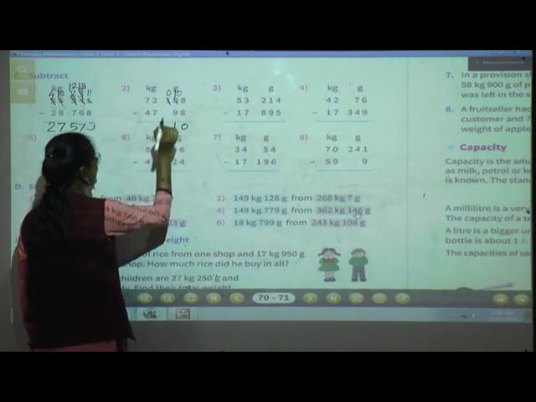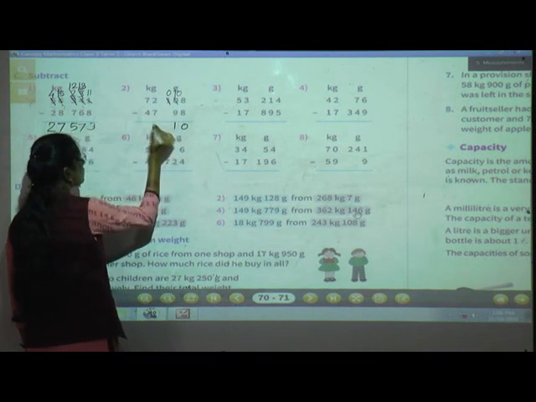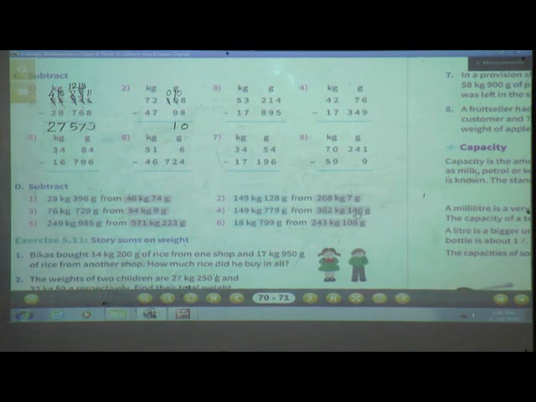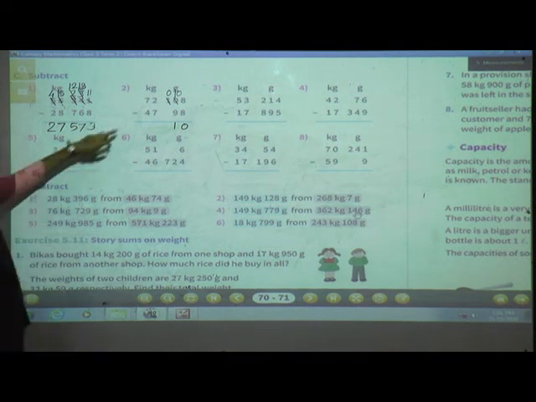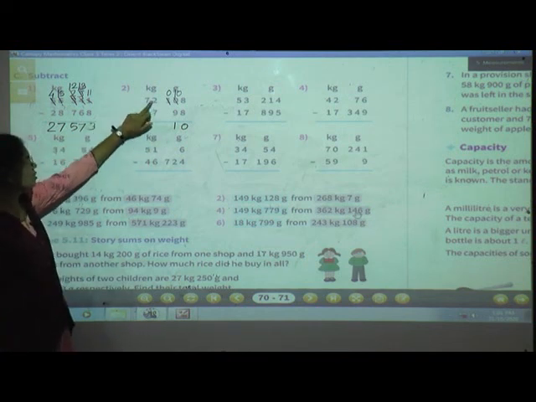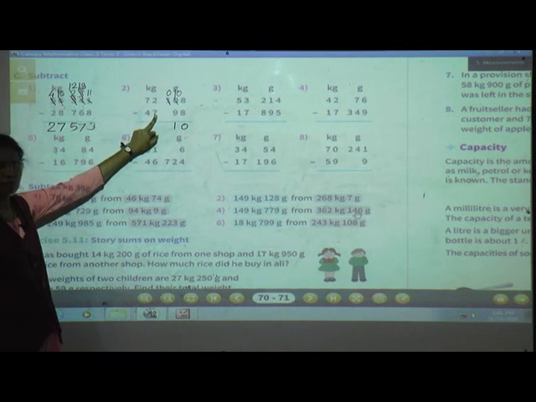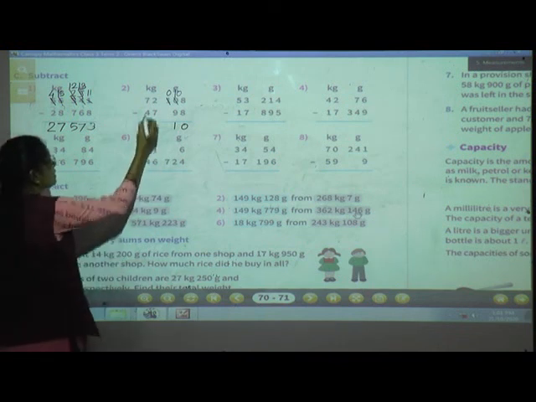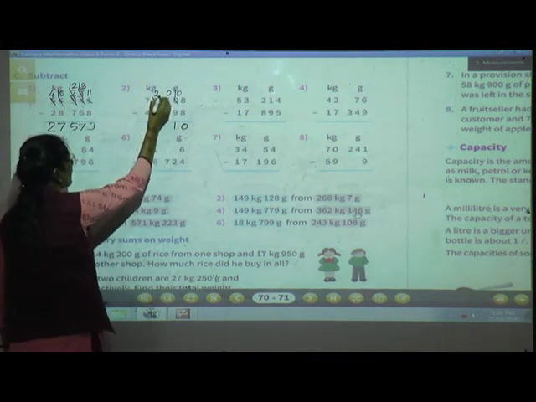So here we'll write 1 and here only 0 is there, so no need to write 0. Okay. So we'll move to the kilograms column. Now in kilograms, here in the first number 2 is there and here 7 is there. So 2 minus 7. Can you do 2 minus 7? No, we can't do 2 minus 7. Why? Because 2 is smaller than 7. Okay. So what we will do? Just we'll cut this 2, write as it is.